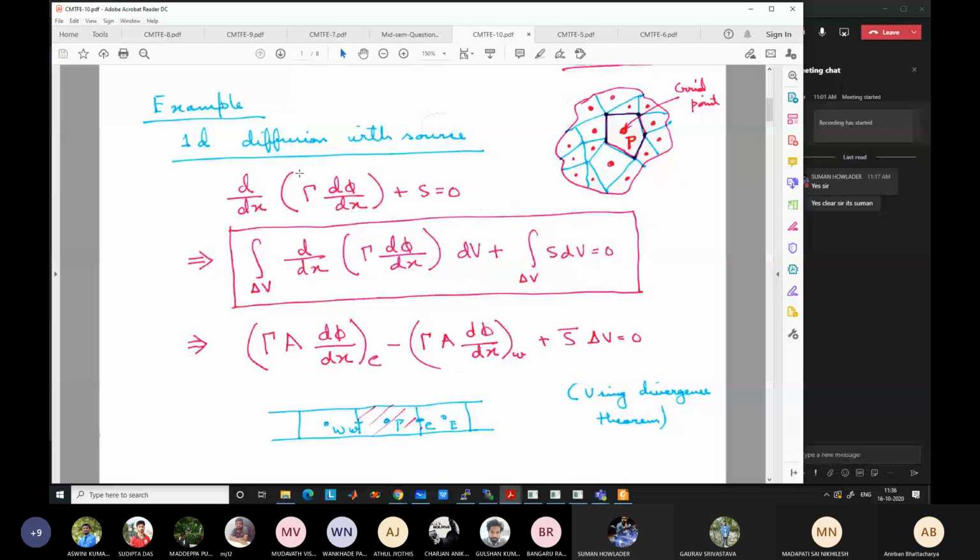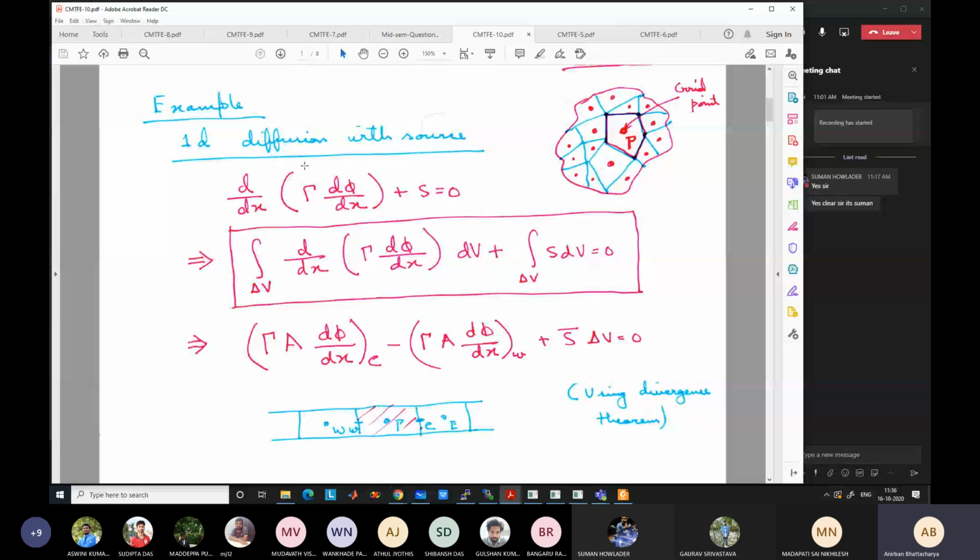Again, we will go back to the equation with the source term. We always take this type of equation because it is a standard example which can be adapted for any problem, like a thermal conductivity type of problem, or a species reaction type of problem, or even for the convection problem, when you have the viscous terms and the source terms, they can be tackled in this way. Okay, so this is a small part of a general equation.